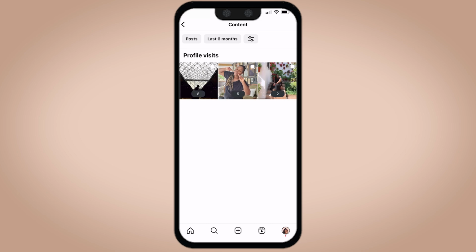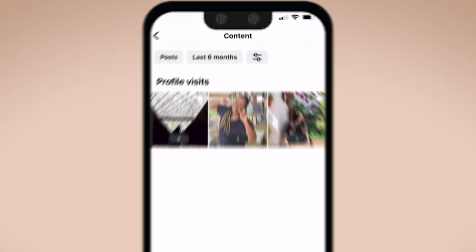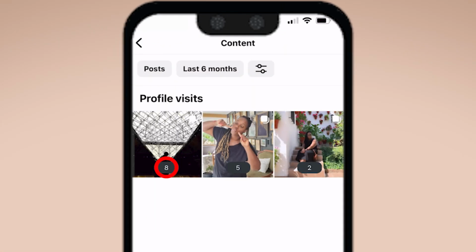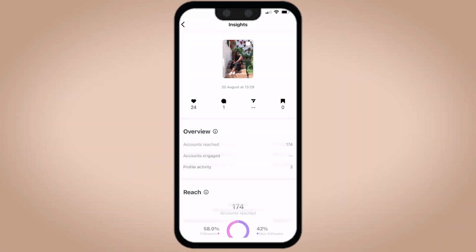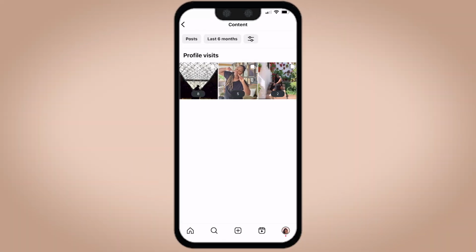So that will give me in the chronological space. So here, this post here gave me 8 more profile visits than this one here, the one that I just clicked on. So this is a cool thing to have because,